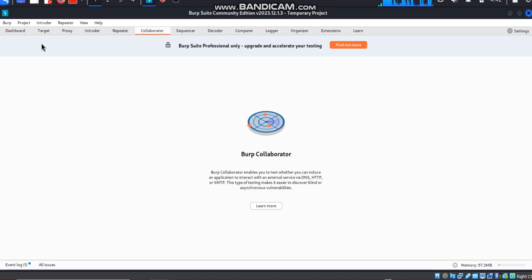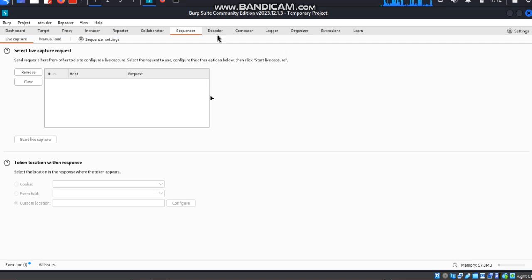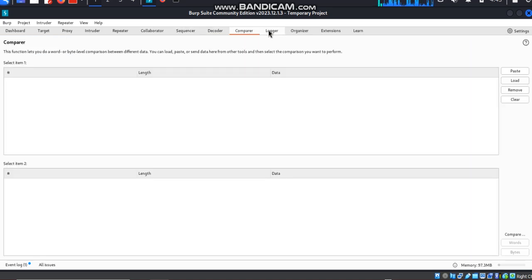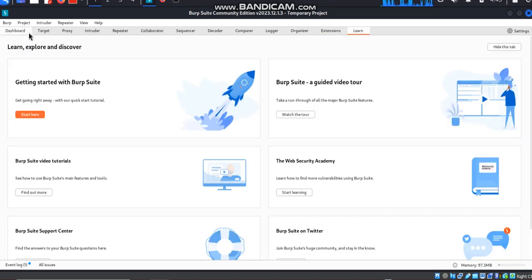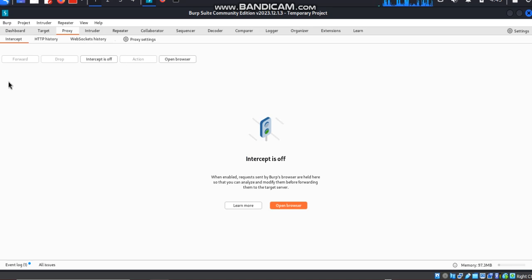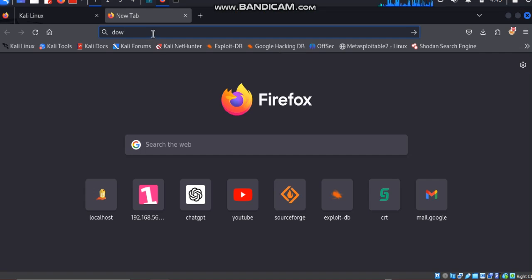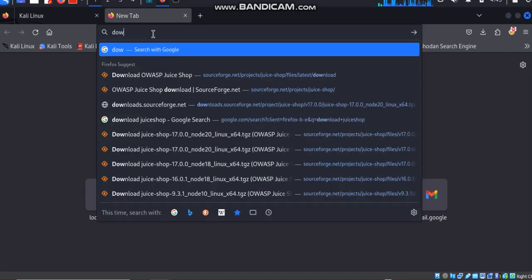Most times they do what their name signifies. This is the collaborator interface. Another one is sequencer, decoder, comparer, logger, organizer, extensions, learn. We're going to leave it at proxy because we'll be using this intercept here. So let's minimize it and go back to how to get our Juice Shop.